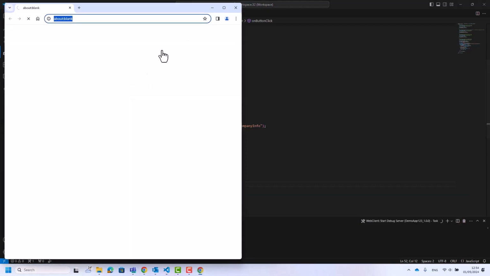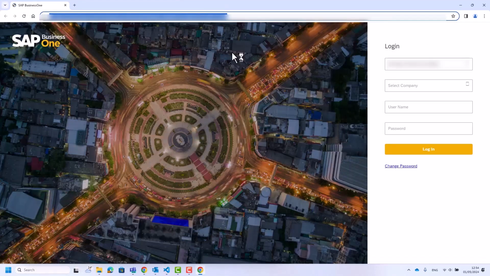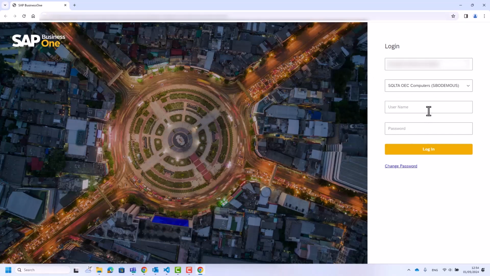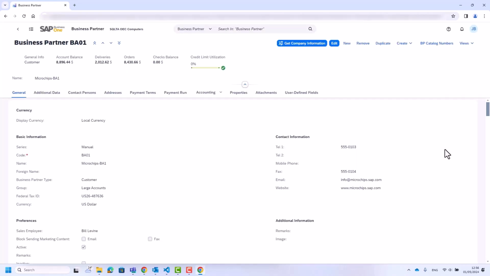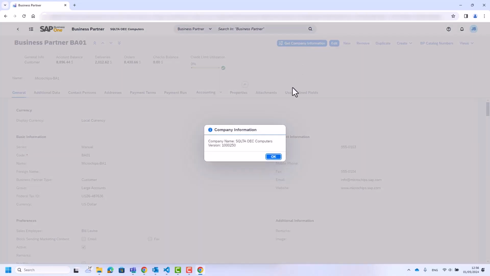I will log into the web client. And here you can see that before the edit button, we have a new button, Get Company Information. Clicking this button will display all the company